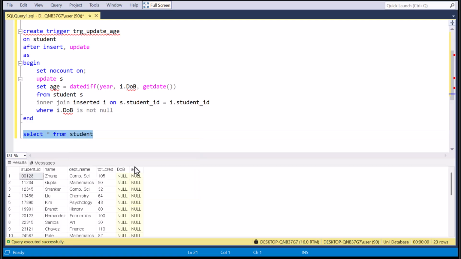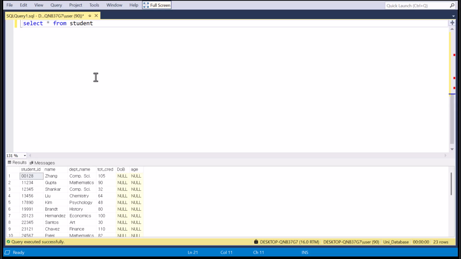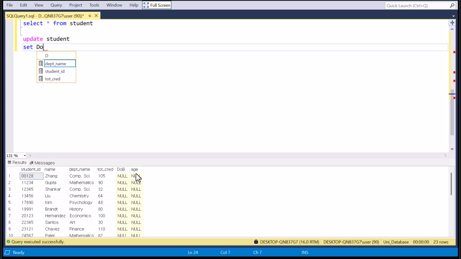What do we have here? See, date of birth is null. So we have to update date of birth only. Age will be added automatically, right? Update student. Then in here, set date of birth is equal to case